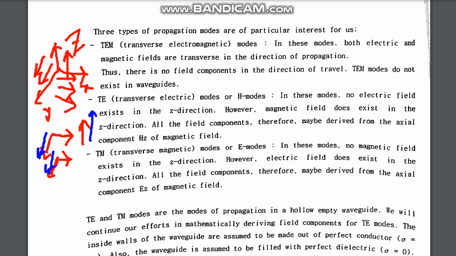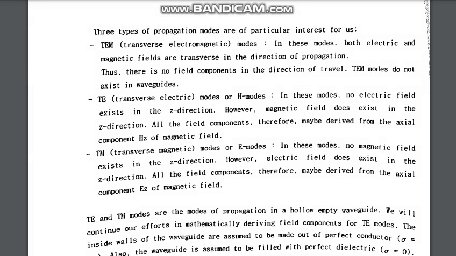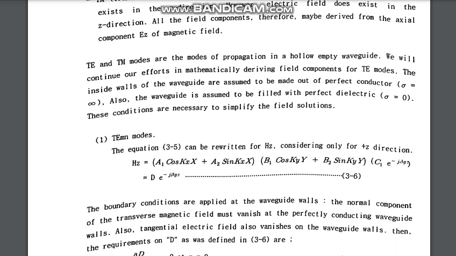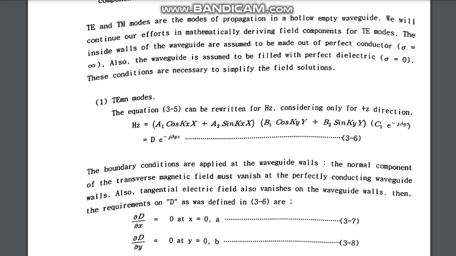But TM means transverse magnetic, where there will be no magnetic field in the z direction, but the electric field will go through the z direction. However, the electric field does exist in the z direction. All the field components may therefore be derived from the axial component Ez of the magnetic field. Now, going to the next section, that is TEM modes and TE modes for a rectangular waveguide,